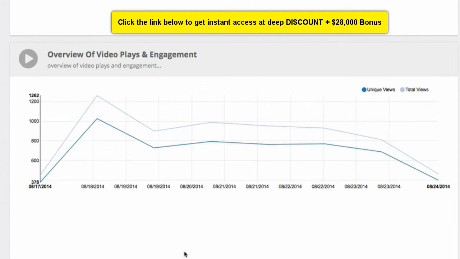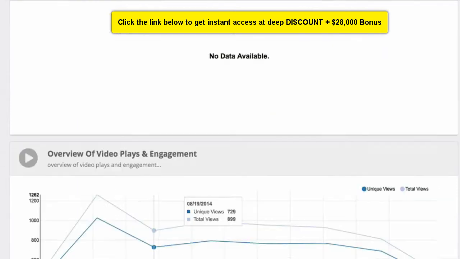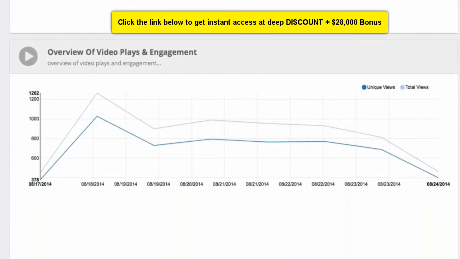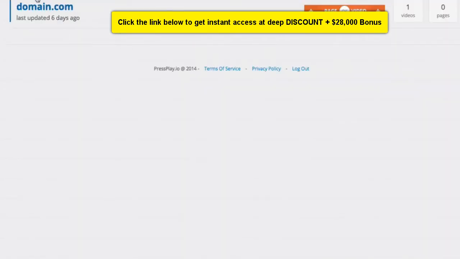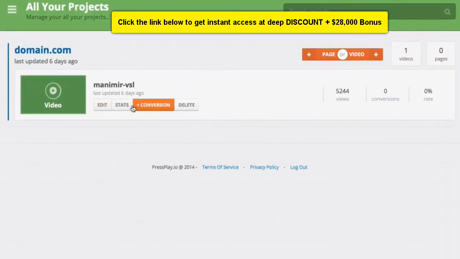Okay, so that is something else that we're also going to have, and that's perfect if you're doing any type of testing, or if you want to see how your videos are performing. You can just easily go into your stats here. And so all I did was go into the project and I just clicked on stats here. Okay,